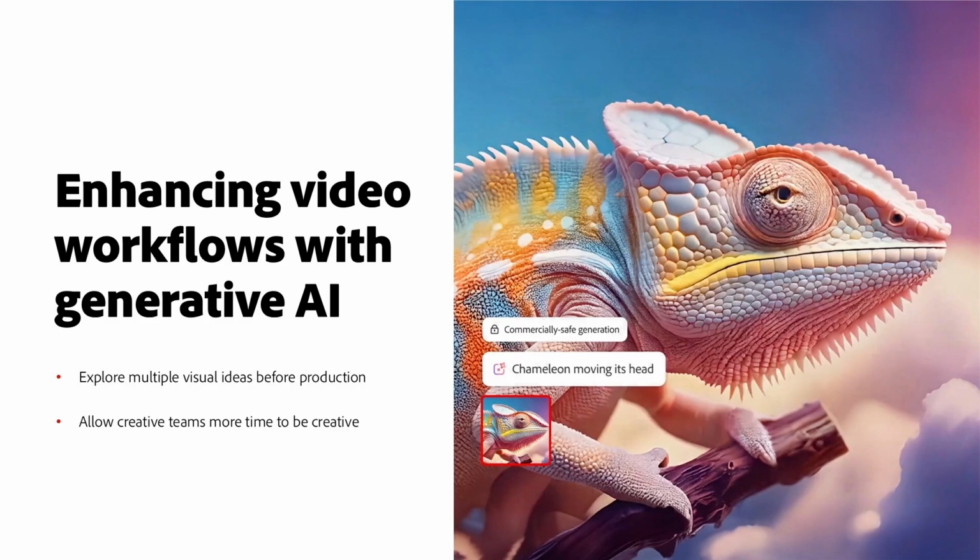Additionally, generative AI tools can help teams meet the demand while saving time and resources, while producing the same level of content at a scale that's just beyond human scale. And this gives the teams the capacity to move on to their next projects, allowing them more time to be creative. So then, what role does upfront creative visualization play in reducing the back and forth, production inefficiencies, or even having to do reshoots down the line?